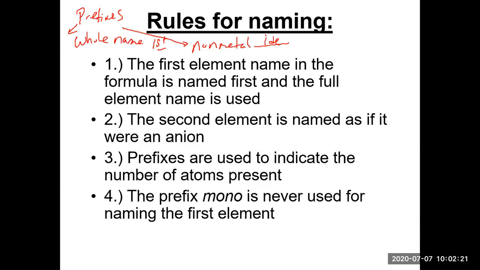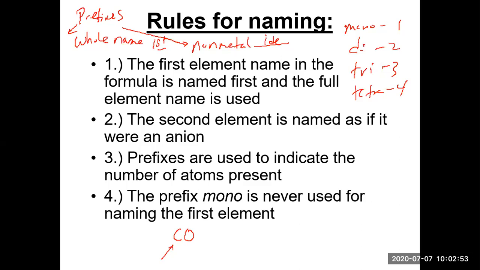Now, prefixes, as we will see, are like mono for 1, di for 2, tri for 3, tetra for 4, and so forth. So with these prefixes, the only difference is we do not use mono on the first name, but you can use mono on the second name. So for example, if you had CO,